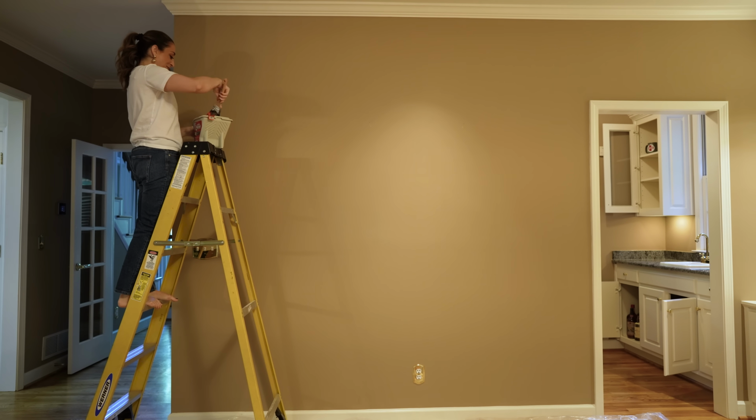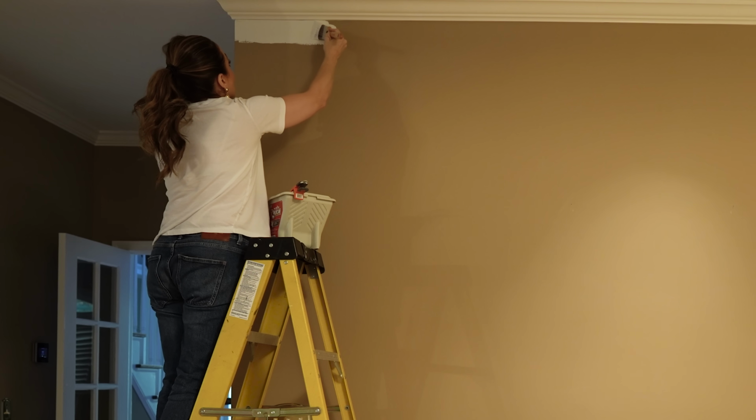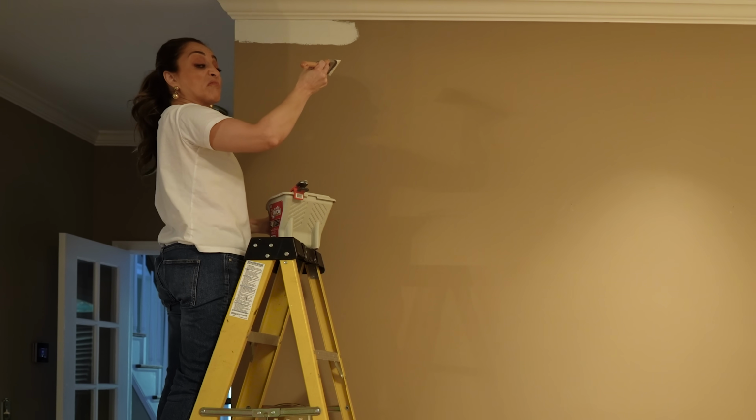Oh my gosh, it's always so nerve-wracking to start it. Okay, off we go. Looks better already. I know it does. Oh man, this is gonna be good. The first coat's always so satisfying. It's the second one that I'm like,